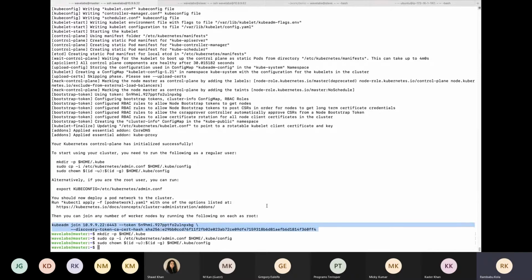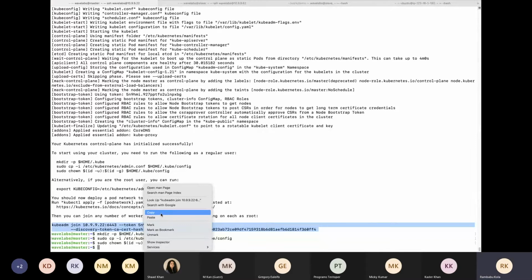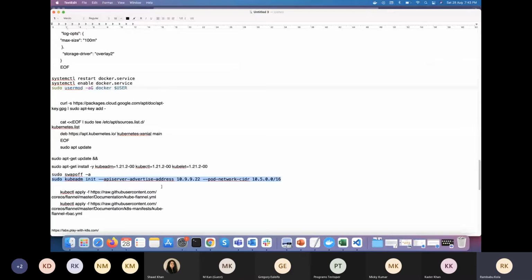When you want to add any worker nodes, we need to run this command on the worker nodes so that they will be attached and configured to the master server. This is the token and this is the certificate. I'll just take a copy of this and keep it here.